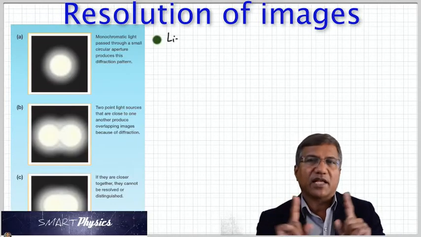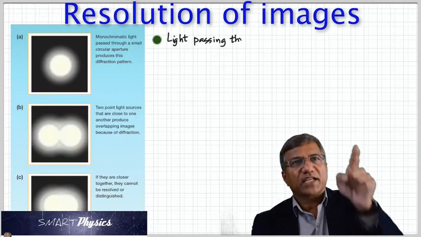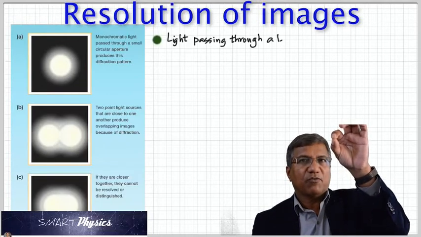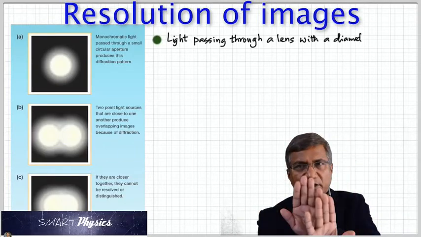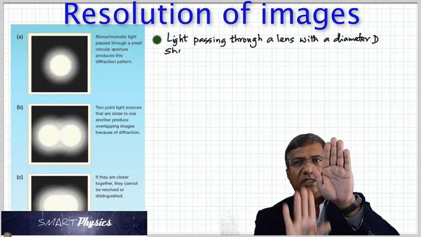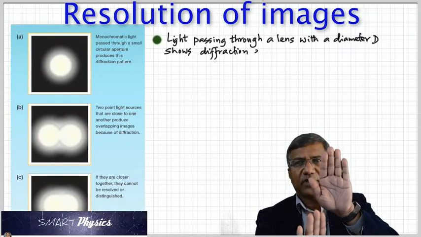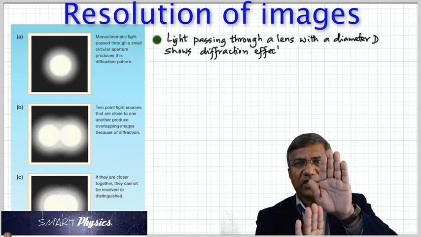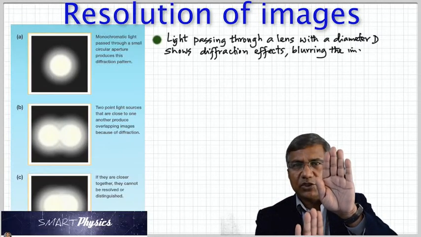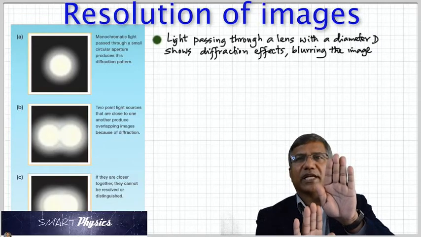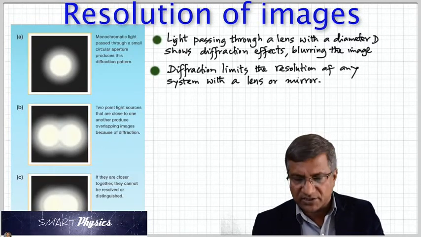So in order to say that these are two different points, the criterion is that the first maximum of the diffraction pattern of one should at least fall on the first minimum of the other. The patterns shouldn't completely overlap. If this is the first maximum of one, this is the first maximum of the other, it cannot be like this. It has to be in such a way that the first maximum of the second one coincides with the first minimum of the first one. You remember the graph where the minimum comes here? So at least if they're that far apart, you can resolve them. That's the criterion. So diffraction sets the limit of resolution